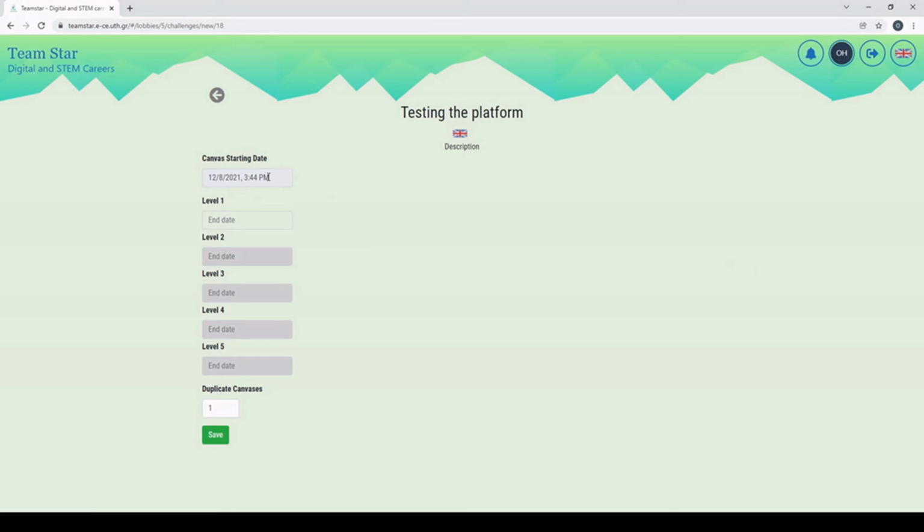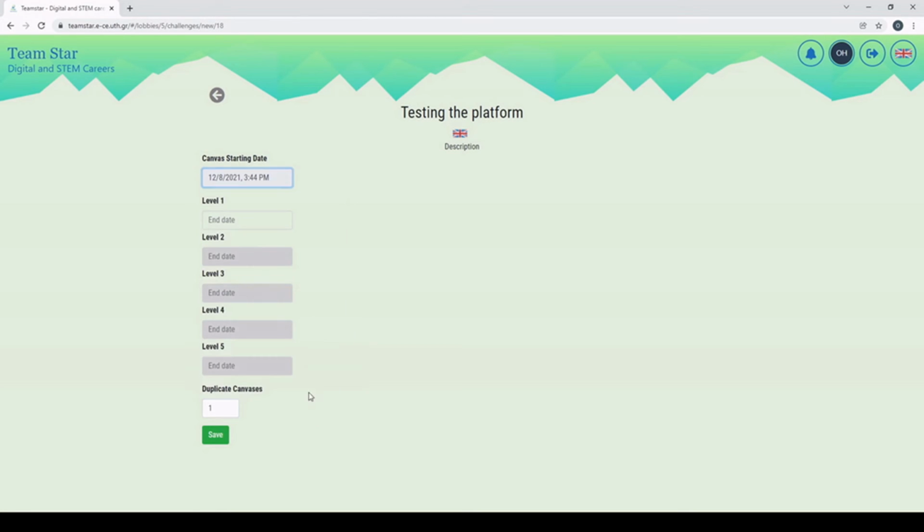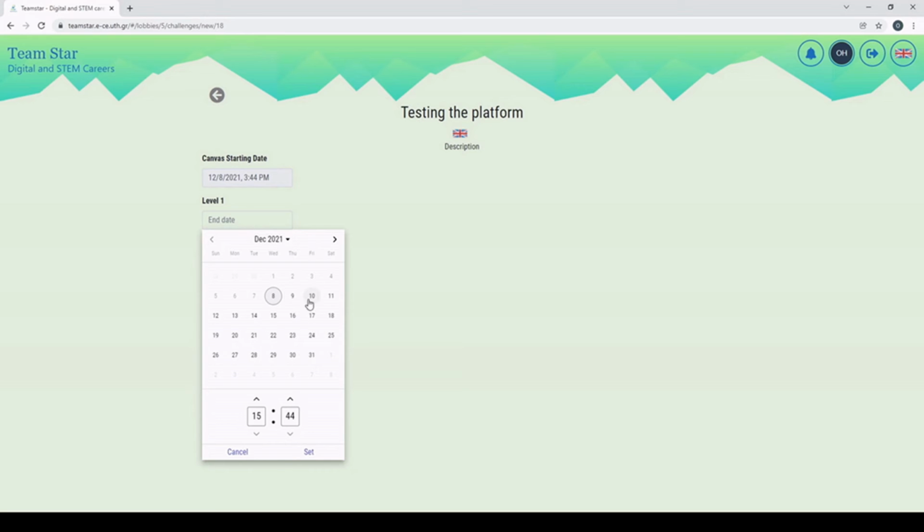I am now asked, for each of the levels of the canvas, to enter an end date. The starting date is going to be the date of today, but I can change it as I see fit and set it to start in a week or 2 or 3. Here, the ending date of each level of the canvas can be set freely.